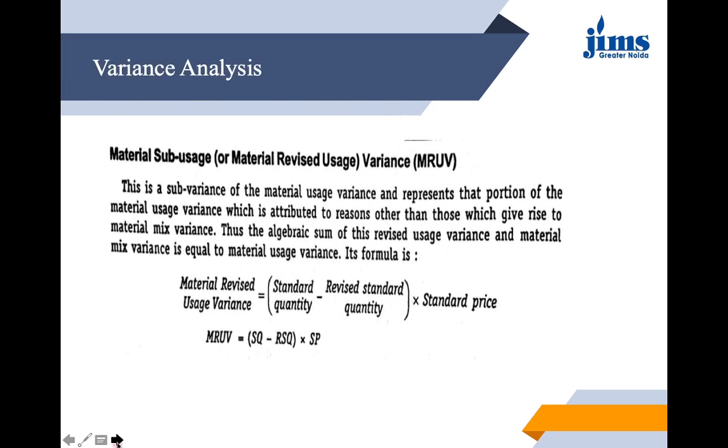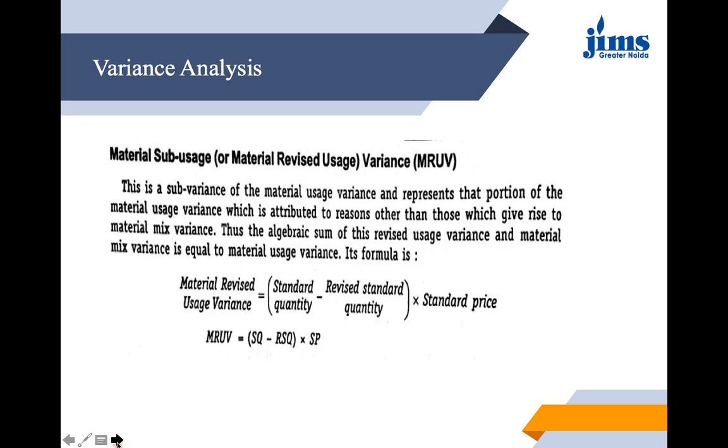Then next we have material sub-usage or material revised usage variance. This is again a sub-variance of the material usage variance, and it represents that portion of the material usage variance which is attributed to the reasons other than those which give rise to material mix variance. So thus the algebraic sum of this revised usage variance and material mix variance is equal to material usage variance,